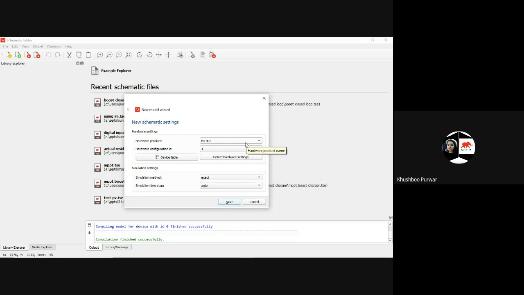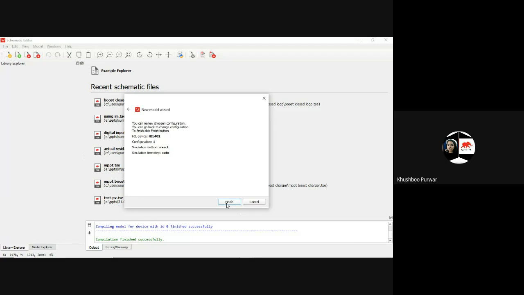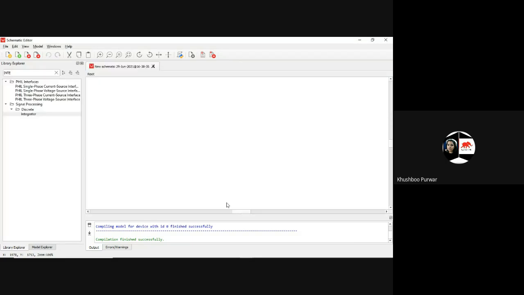Here I agree to the HIL 402 because our work can be done with this and with the same configuration ID, and the simulation method exact also and the simulation time step auto. Just click next and then click finish. Okay, complete it till here.